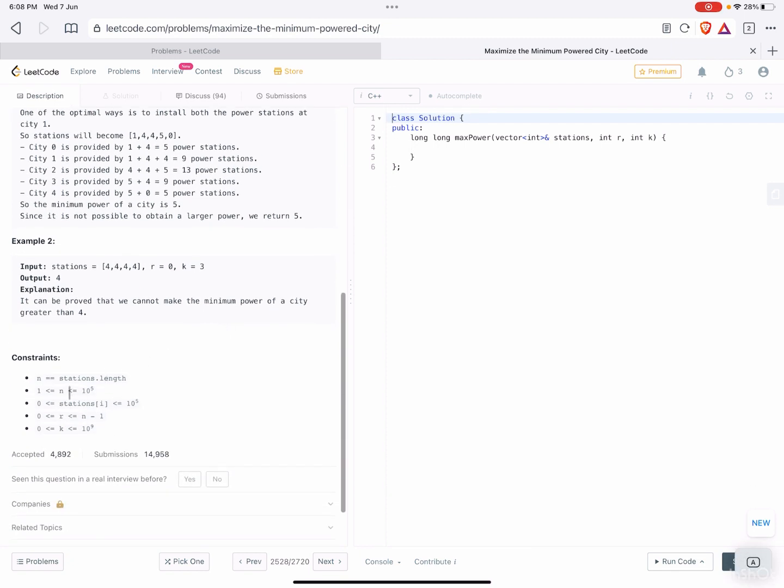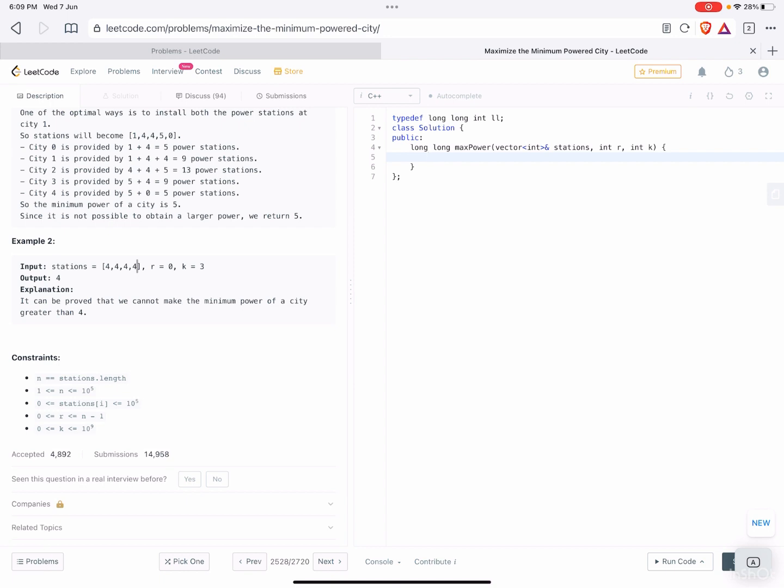The constraints are very high, k is 10 to the power 9 and the rest are less than 10 to the power 5. So let us first do typedef long long ll. This will save us some time in writing the code.